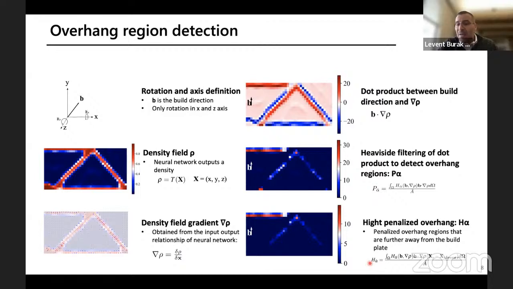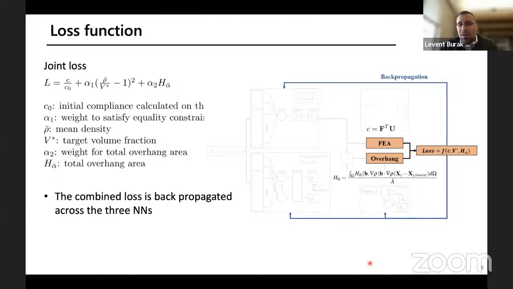This is not a very high fidelity approximation, because support structures don't use the full volume. They actually create some sparsity in the structure, but it nonetheless works as a very good surrogate for estimating the support structure. Finally, all the computations are put together into this loss function: the compliance, the volume fraction as a target, and the support structure that needs to be used. And we are trying to minimize this as shown here. So FEA for compliance, and segmentation and the print direction optimization for overhang, all of that gets fed into the loss function, all in a differentiable way.